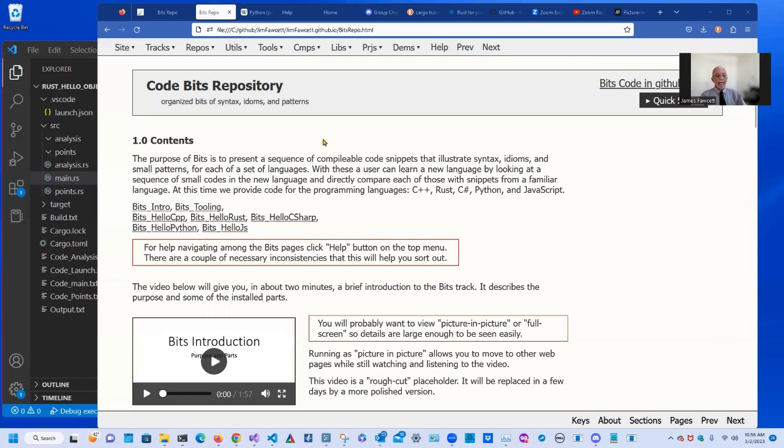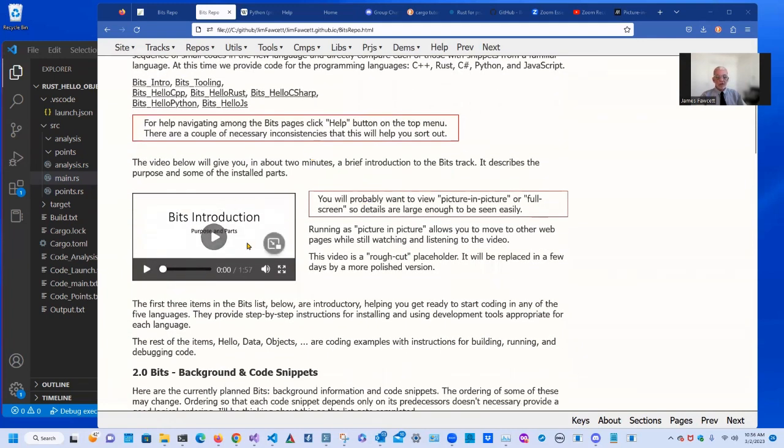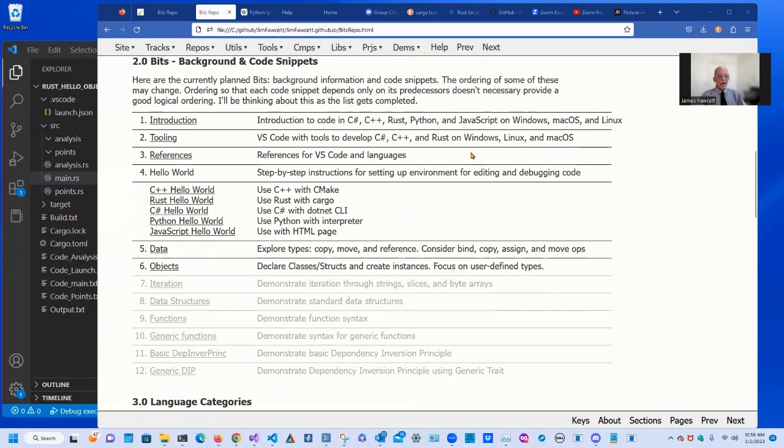So we're looking at this documentation page for the bits repository, and here we see this is the video that you clicked on, and this is a list of the current bits we have. Aside from this repository page, there's an introduction that lays out the feature differences between the 5 languages in fairly brief terms. There's a tooling